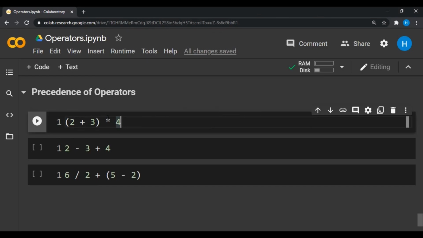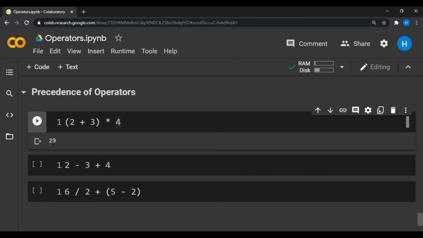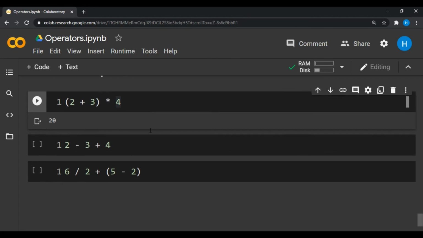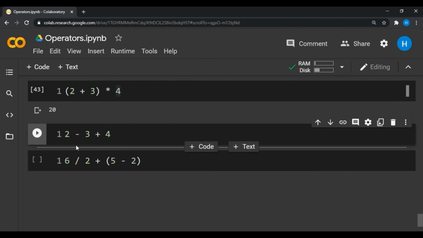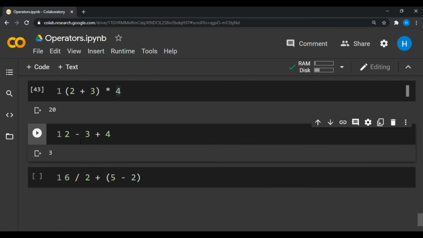Now let's check the precedence of operators in Google Colab. Here you can see that we have 2 plus 3 in parentheses, so it is 5, and 5 will be multiplied with 4, our answer will be 20. The parentheses are given the first priority. Similarly, it will do left to right operation. Here we have 2 minus 3 which is minus 1, and minus 1 plus 4 is 3, and therefore the output will be 3.